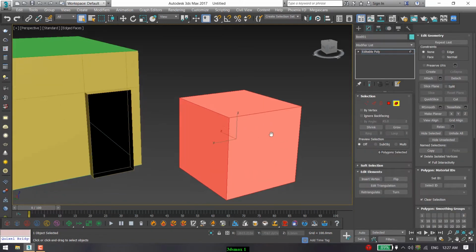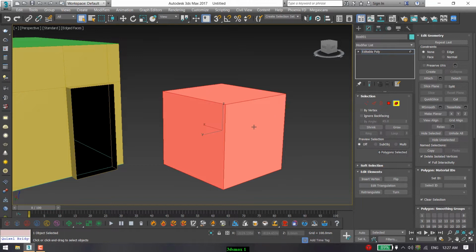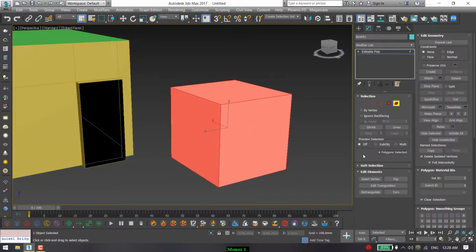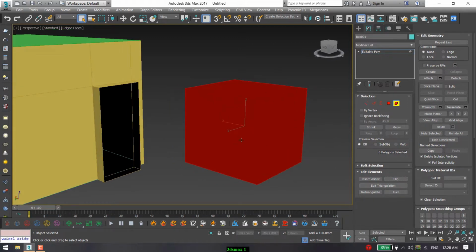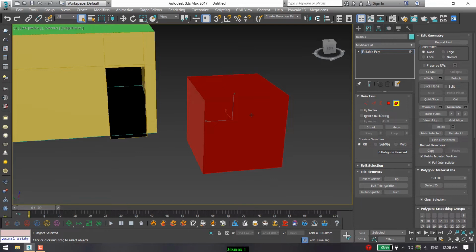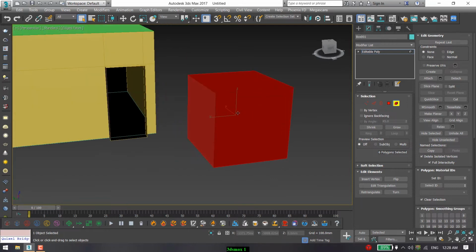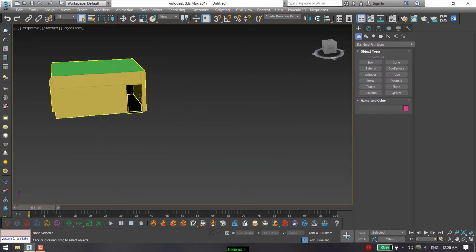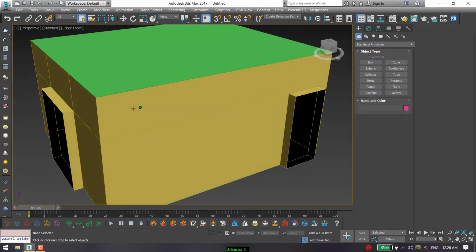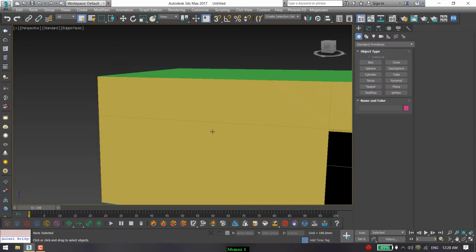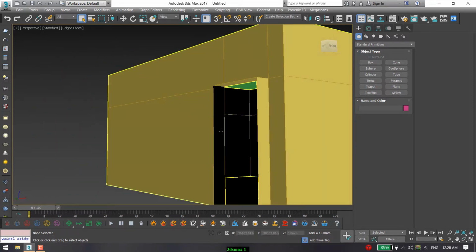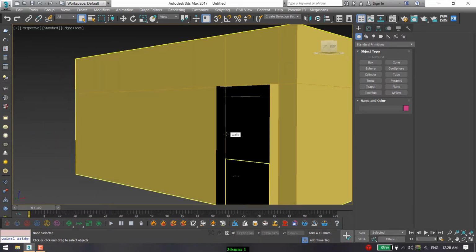If your faces are light red, it means your faces are not flipped. But if your face is black, it means your faces are flipped. And flipped faces are not visible in render. So in this case, we can render this outer geometry, but if we go inside the geometry and try to render, we are not getting any result.